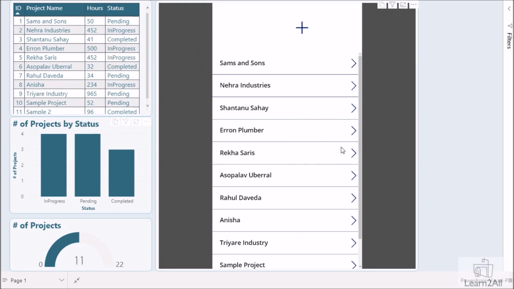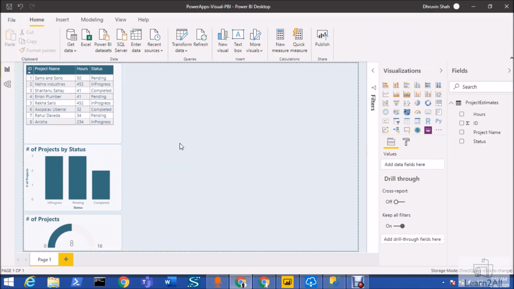Now let's get started and check which are the things we are going to cover in this video. First of all, we take an example of a SQL Server database and build one simple Power BI report. After that, we will be creating a new Power Apps application where we create 3 different screens: one for grid, one for new form and one for edit form. At last, we will publish the Power Apps to Power BI, then we will perform the testing, and at last we will check how to share the Power Apps. So now let's get started and see how we can build this application.